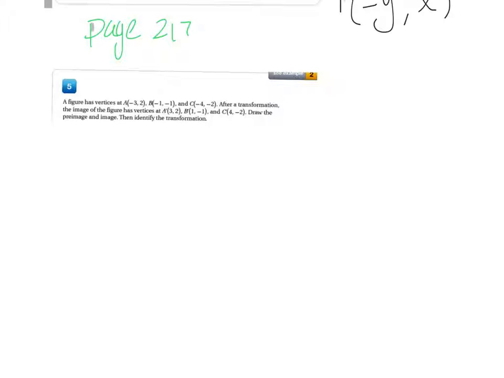If we're given a problem like problem 5 here, where we have our points A, B, and C, and we have our A prime, B prime, C prime, you don't even have to draw the pre-image and image. You can still identify the transformation without doing so. So I want to teach you how to do that to save time. So if you look at A is negative 3, 2, and then you look at A prime, we can see that